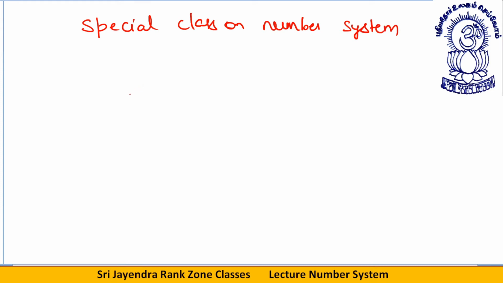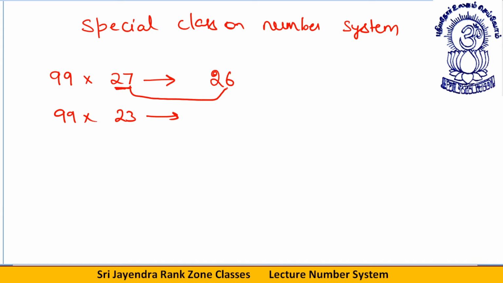Okay. See, suppose I tell you how do I multiply a number by 99. I take a two-digit number, I need to multiply this number by 99. For the sake of clarity, I change this number to 27 so that you understand the concept clearly. So 27. What I will do is, first of all, just reduce this number by 1. What does it become? It becomes 26. What I did is I subtracted this number by 1.